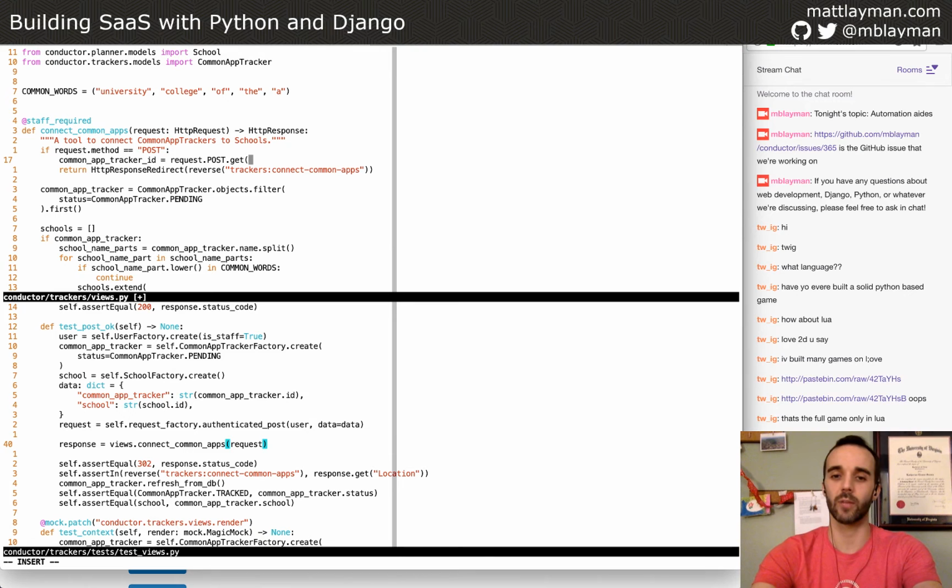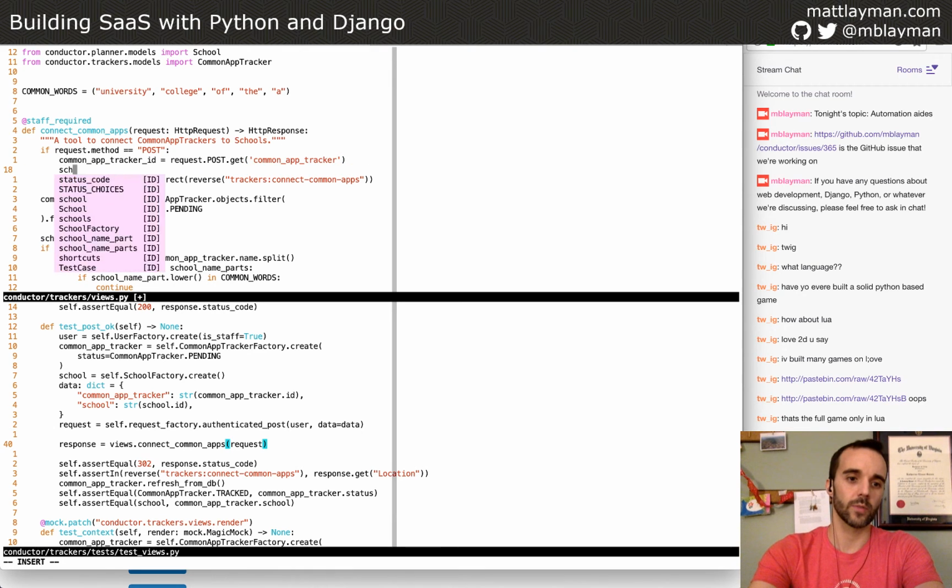It's slightly more complicated than that, because I think a post can have multiple values, so it's a multi-dict or something like that, but don't worry about it too much. And the name that we're going to look for is Common App Tracker. That's that ID. We also want the school ID, and we want request post get school ID.